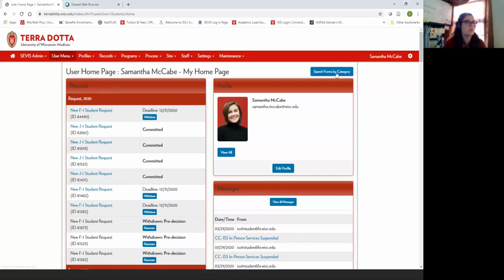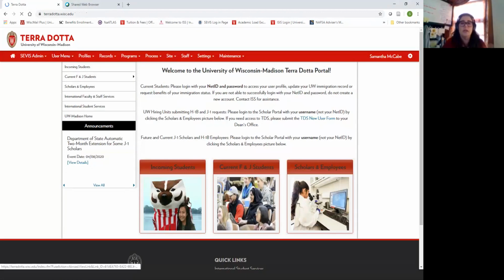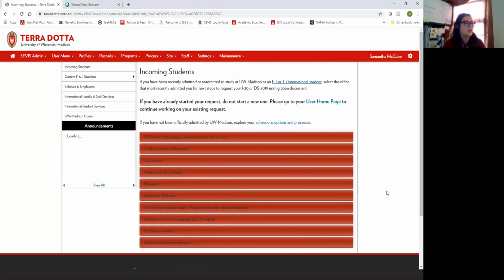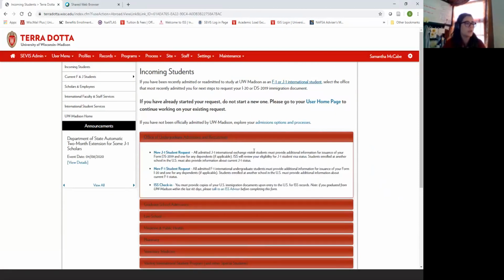So I'm going to go here to search forms by category. I am a new incoming student. I have just been admitted to the institution. So I'm going to click on incoming student, and I am an incoming undergraduate student. So I will go here to the Office of Undergraduate Admissions and Recruitment. I already know that I am coming on an F1 student visa, so I am going to submit the new